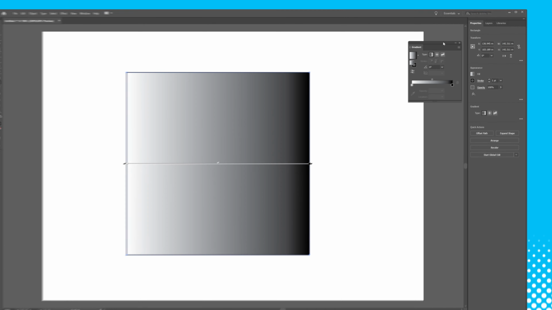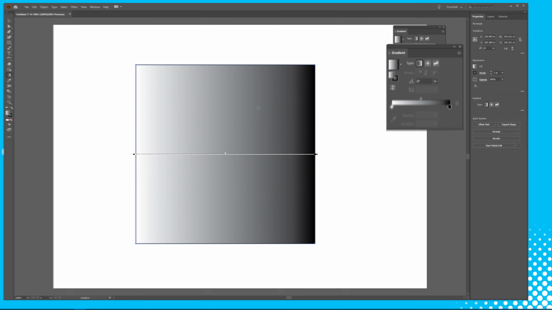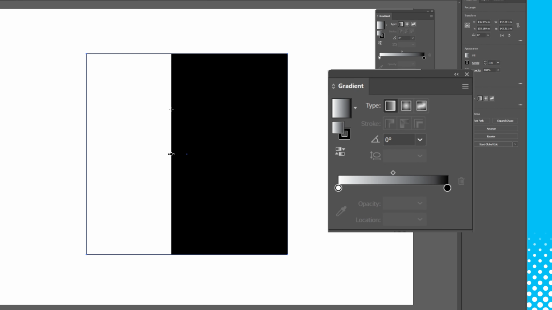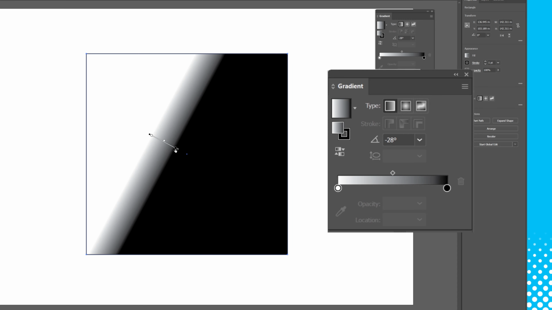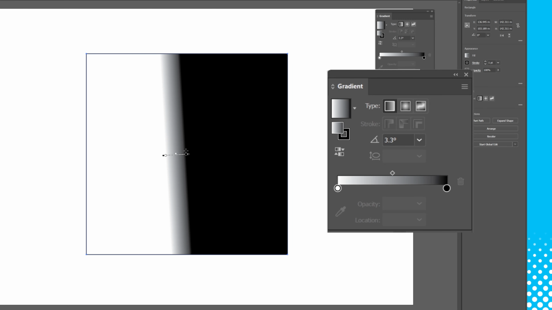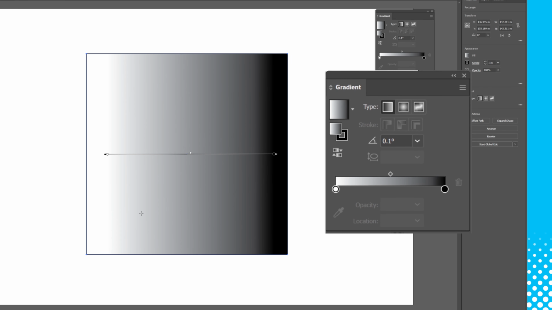Firstly though, we'll talk about how drawing the line can create lots of different types of gradient styles. If we keep the gradient tool enabled and draw a short line, then the gradient will generate over a short distance. By power of deduction, this also means that a longer line will create a longer gradient. We can also change the angle when first generating it too. By changing the direction your line is facing, it will change the angle of the gradient and therefore give you different effects.